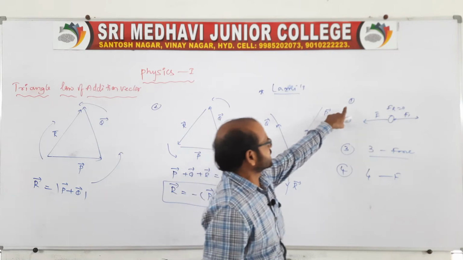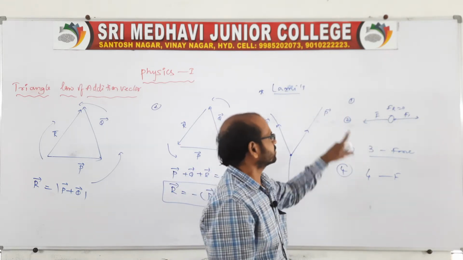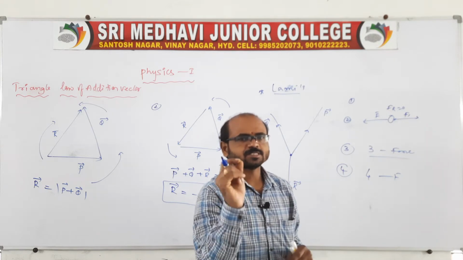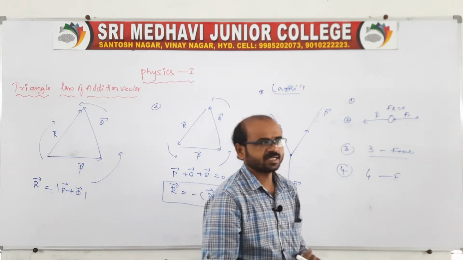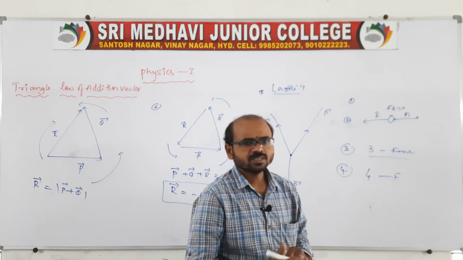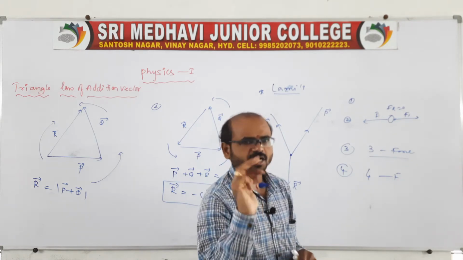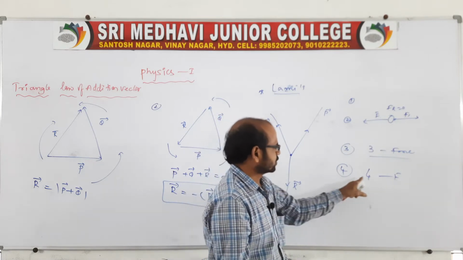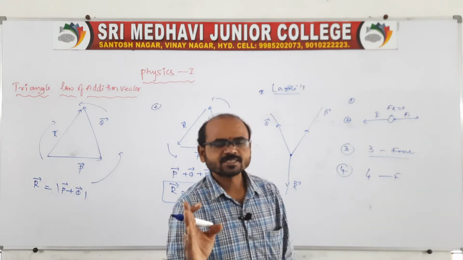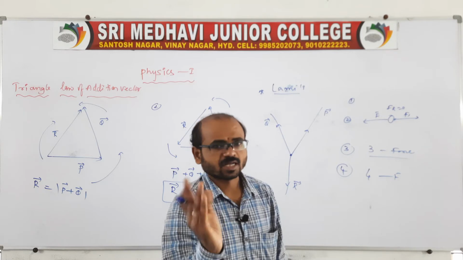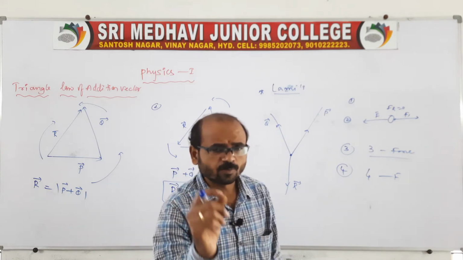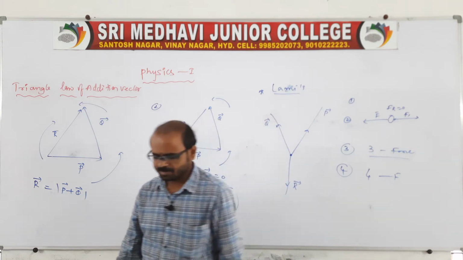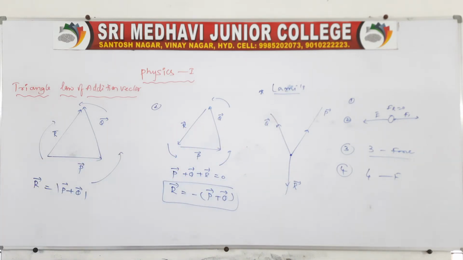So the first one: a single force cannot keep the particle in equilibrium. If two forces are equal and opposite and in the same plane, yes, it keeps the particle in equilibrium. For the third, three unbalanced coplanar forces acting on the particle keep it in equilibrium. And fourth, four unbalanced forces, equal or unequal, coplanar or non-coplanar, keep the particle in equilibrium. These are the examples related to the equilibrium of a particle.